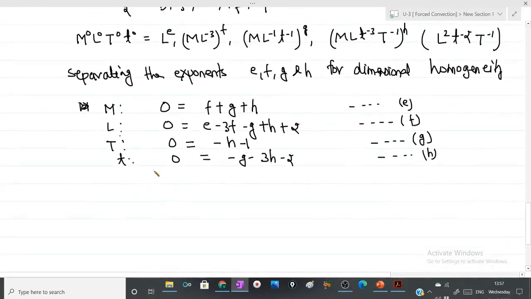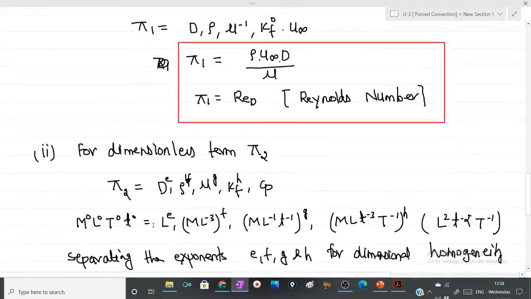So let us solve one by one. If I put from equation G, H will be minus 1. If I put the value of H into equation H, small h, the value of G I will get as 1. If I put the value of G and H into equation E, I will get the value of F as 0. And if I put the value of F, G, H into equation F, I will get the value. So let us put the values of all this